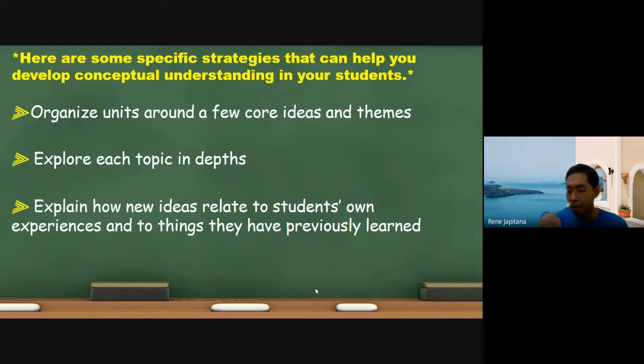Of course, you go deeper so that it will help you develop your cognitive skills, not only at the level of knowledge, but into analysis, creative thinking, critical thinking, experimentation, and higher order thinking skills. Go deeper, not just a very shallow information. You should not be contented with that information. Your brain should help you process things, not only after getting facts, but you need to process those facts in order to make a conceptual understanding in your mind. You go beyond facts. Third, explain how new ideas relate to students' own experiences.